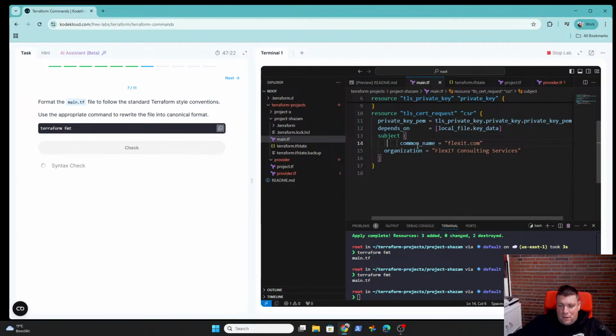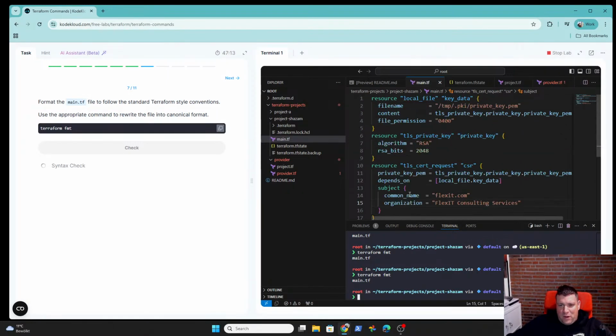Let's see. So it already comes with it, which is good stuff. For JSON, you need an extra thing, but this one seems to come with an original code style corrector, which is useful.